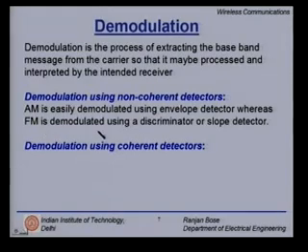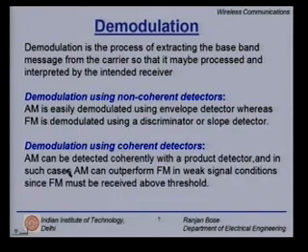On the other hand, if you have the luxury to have coherent detection, you build a demodulation technique using coherent detectors. AM can be detected coherently with a product detector, we will look at it, and in such cases AM can actually outperform FM in weak signal conditions, low SNR, since FM must be received above a threshold. But we will see that FM has a better noise tolerance than AM, as long as the signal strength is not too weak.